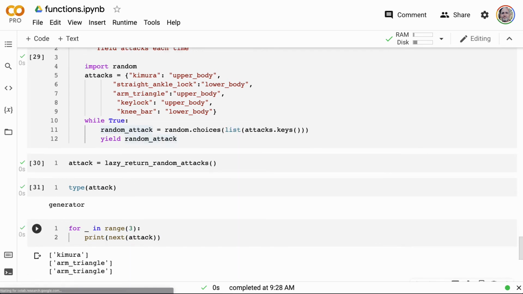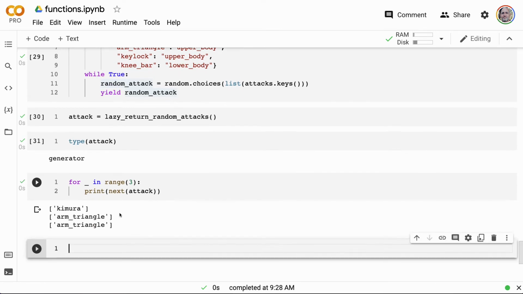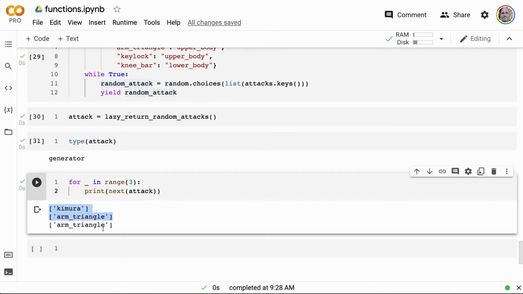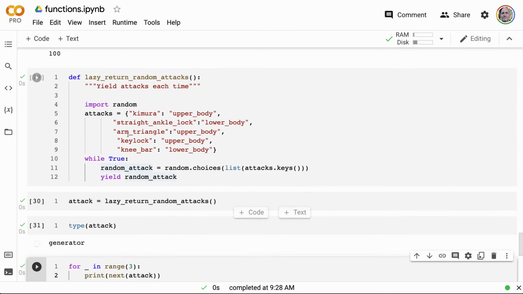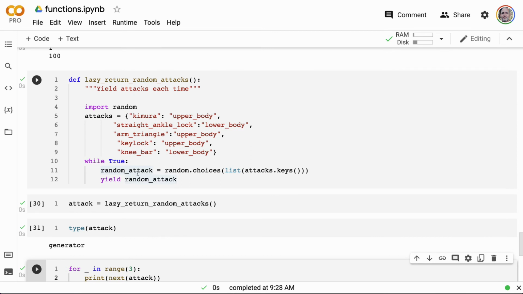If I do that, there we go. We've got that attack, that attack, that attack. What if I want to run it again? There'll be different values. Look, every time I run this, it has different values over and over again. So basically, this is another powerful technique with just a little bit of code. This is essentially 10 lines of code if you take out the comments, but it allows you to infinitely generate these random sequences.